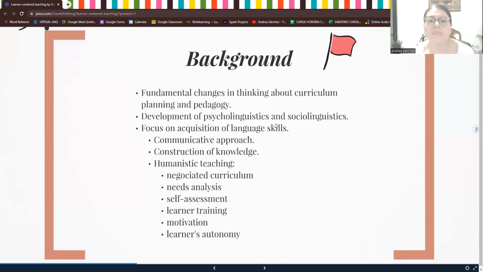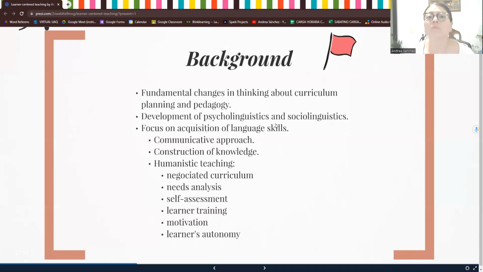Now, in the 70s, it was the beginning of the communicative approach as a proposal. What I would like you to understand, as in other classes in the past, we have discussed the communicative approach, whose main goal was communication, speaking. Basically, language schools were focused on people learning how to communicate, acquiring all the tools to communicate and have conversations, and also use the language in presentations, for example, at their jobs.